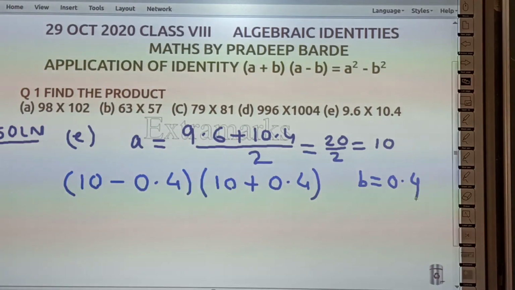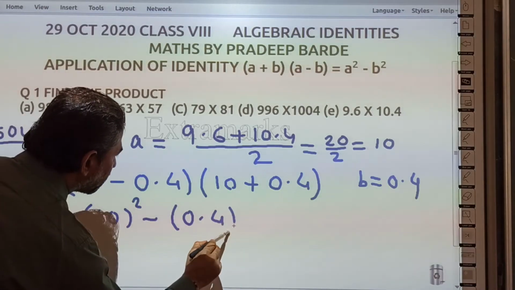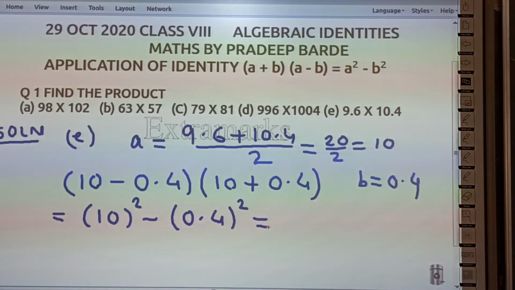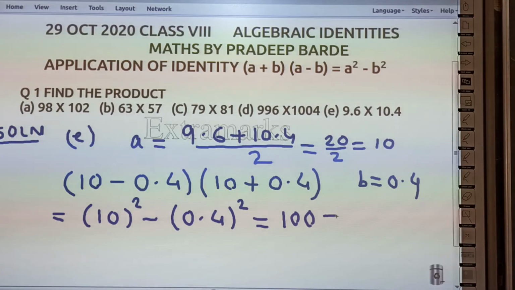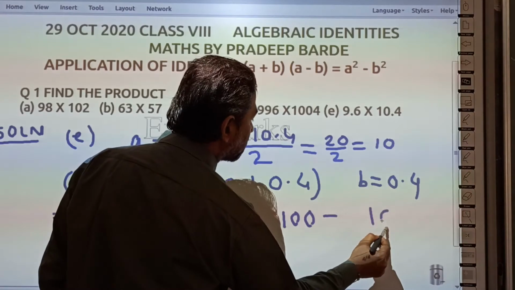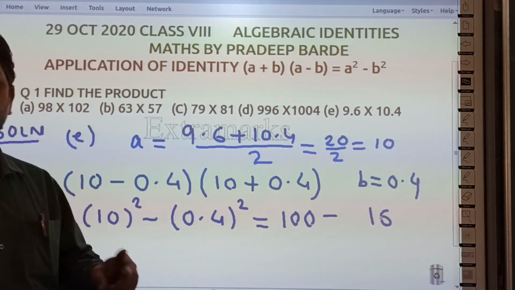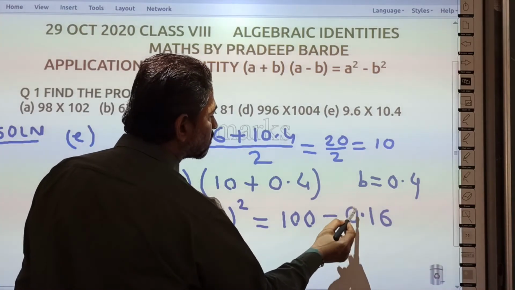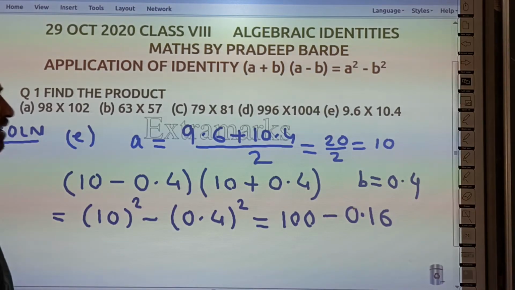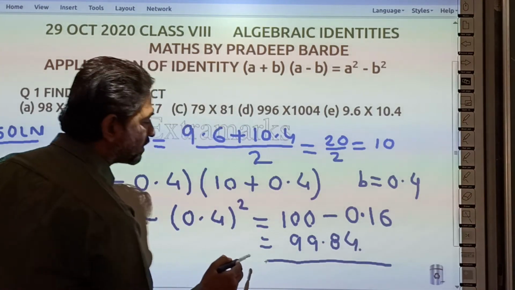सो वैल्यू ऑफ a is 10 and b is 0.4। So when you apply the identity a square minus b square, you will get it as 10 square minus 0.4 square। Simple calculation now, 10 square is 100 minus 0.4 का स्क्वायर करना है बच्चों, 4 का स्क्वायर होता है 16। यहाँ डेसिमल के बाद एक डिजिट है, स्क्वायर किया तो जो नंबर आएगा उसमें डेसिमल के बाद आपके पास 2 डिजिट होना चाहिए। तो यहाँ से काउंटिंग करो 1 2 और डेसिमल लगा दीजिए, सो वी गेट 0.16। व्हेन यू सबट्रैक्ट you will get 99.84। so this is the answer।